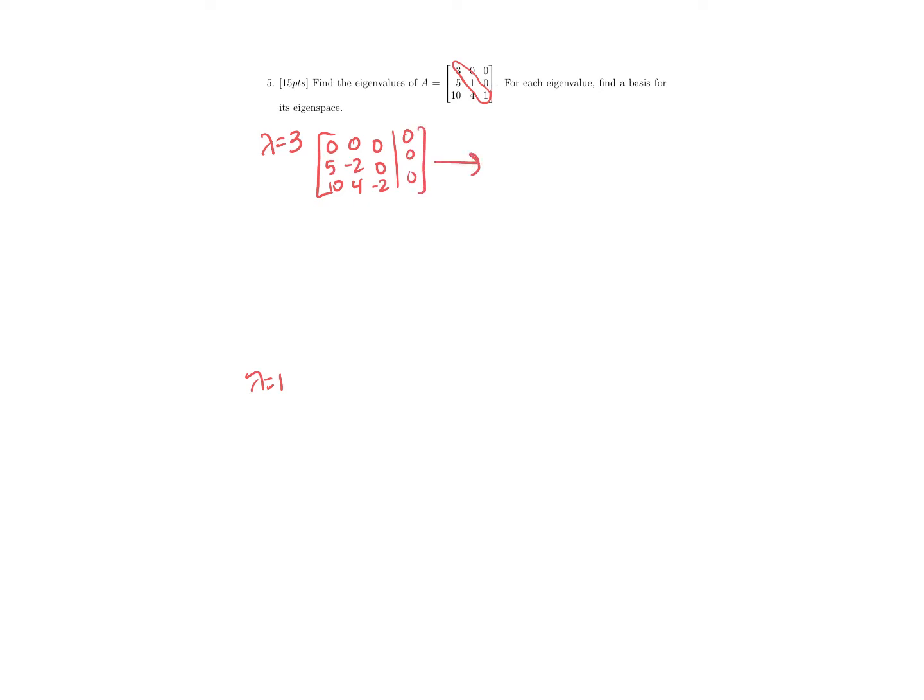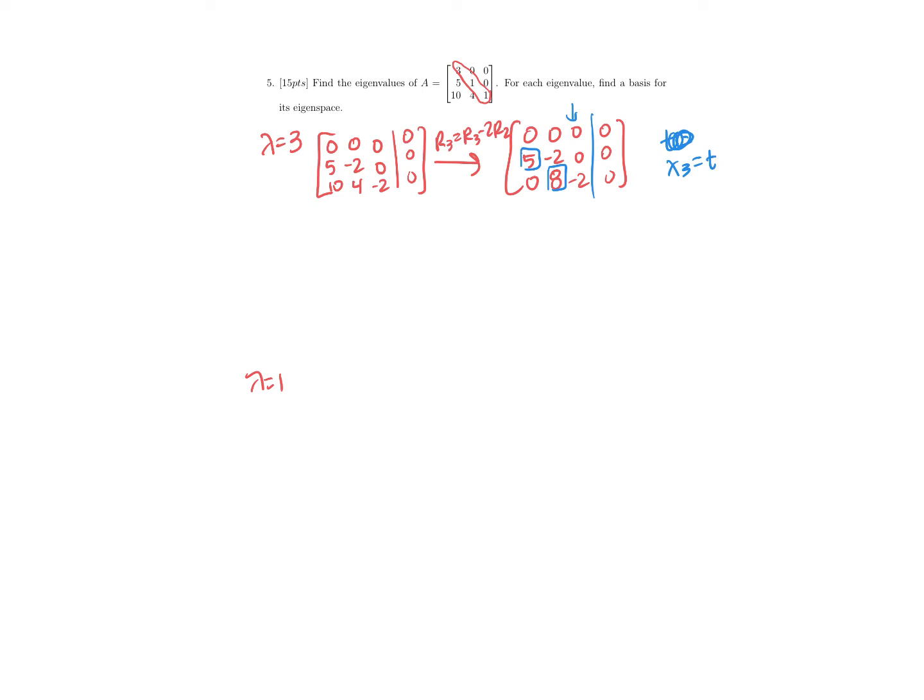Okay, so I can do row 3 is equal to row 3 minus 2 row 2. So I get 0, 4, so that's going to be 8. So these are my leading ones. So this is my free variable. So let's let